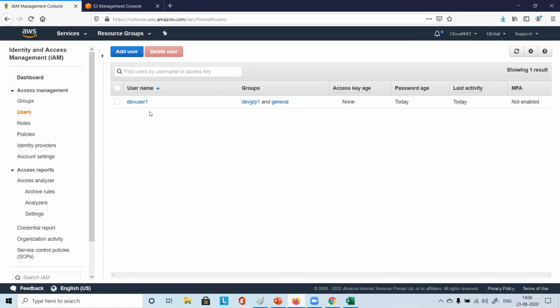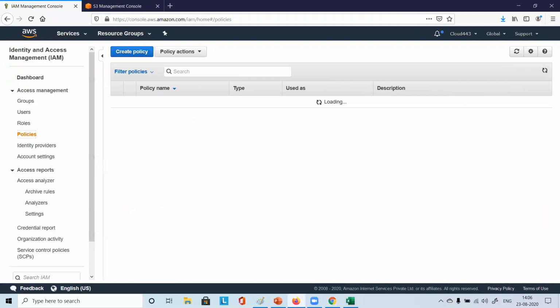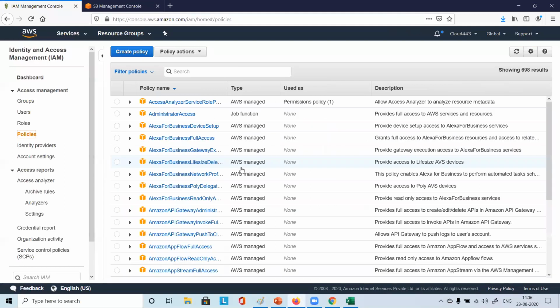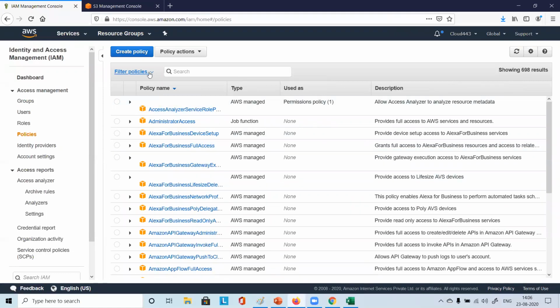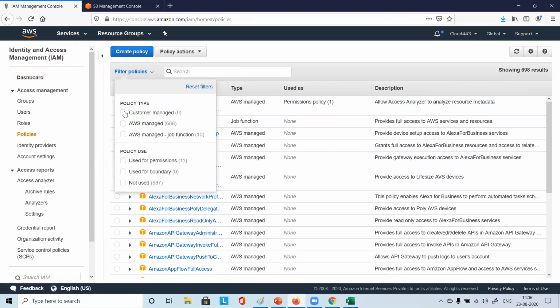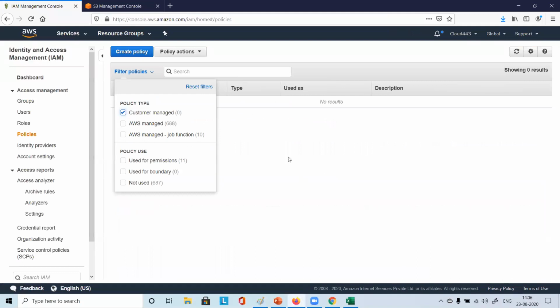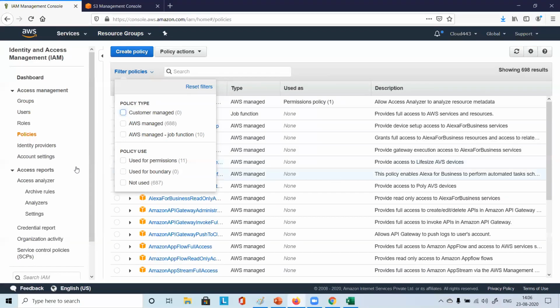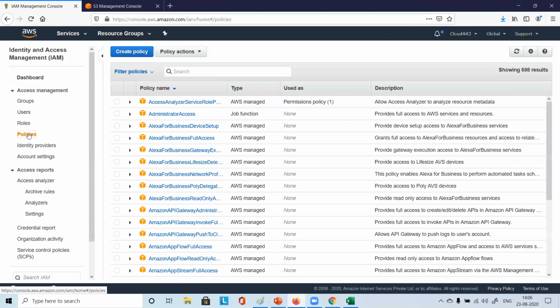You come to this browser where you have root access. Click on policies. See multiple policies, right? So for you, you will have one more policy, that customer managed also. For me, there is no policy, right? So what we can do here under policies, right? We can try to create a policy. Want to try?